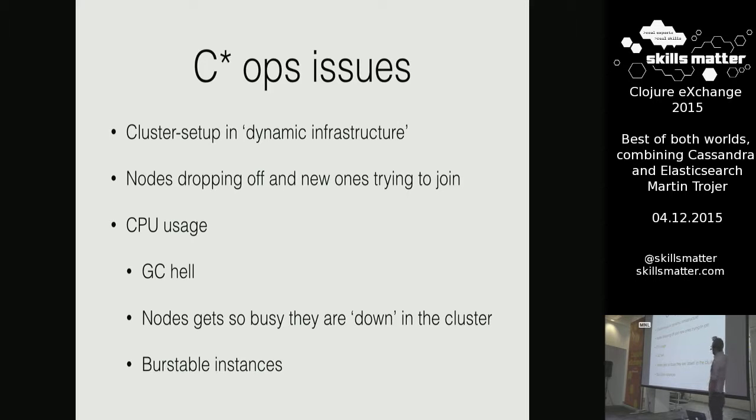We're running on AWS, so we have a dynamic infrastructure. If you know AWS, they take the liberty to kill off your nodes whenever they want to, because of reasons. And then you want to bring up a new node, and it needs to join the cluster, and that didn't really work for us, because when the new node came up and joined the cluster, the other nodes in the cluster got so busy they forgot to answer the keep alives, so the entire cluster was dead. And they also went into GC hell, so everything they were doing in the logs was just GC, GC, GC. We're seeing all kinds of issues here.